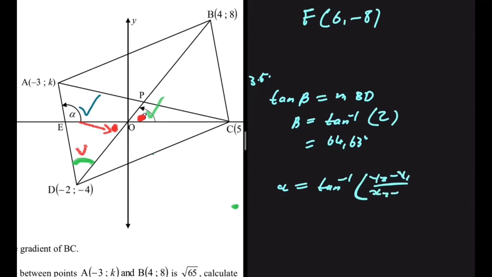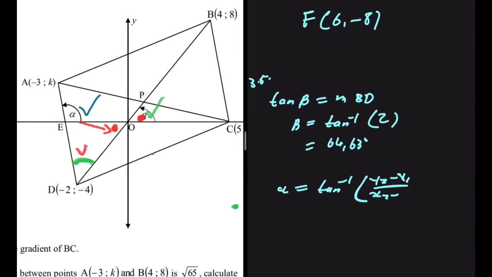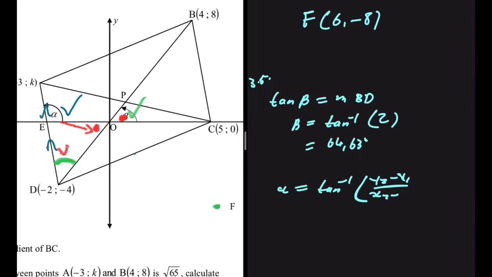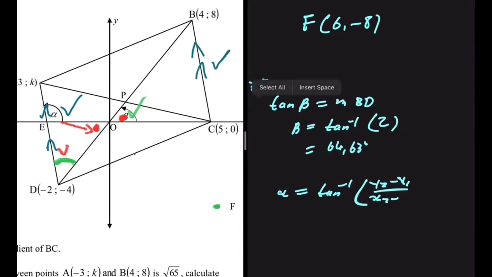I already have the gradient of that line, because this line is supposed to be parallel to this line because our shape is a rhombus, right? So we said that the gradient of this line is minus 8. So we're gonna go ahead and substitute that. So we have minus 8. This will give you minus